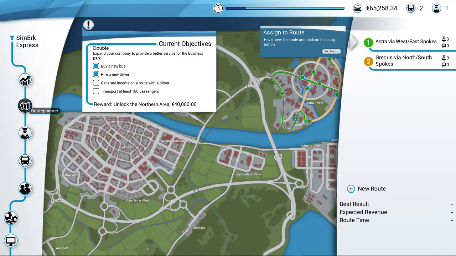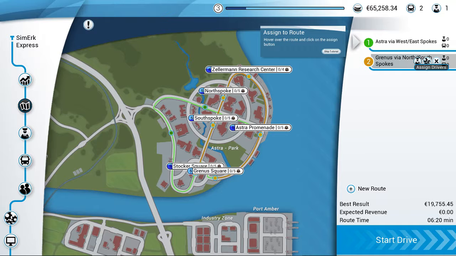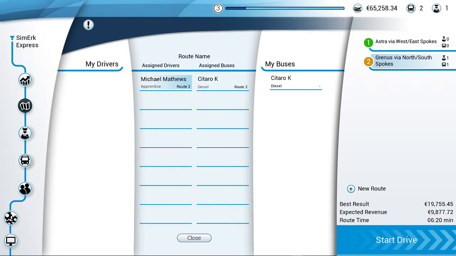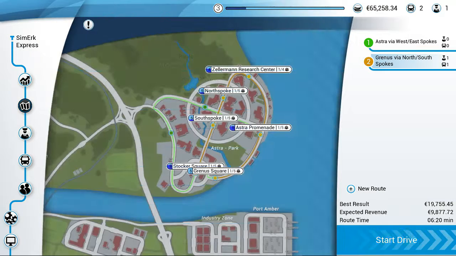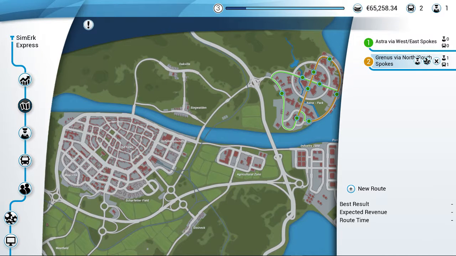Okay, so if we go to the route planner again, he is hired. And so we will put him on Route 2. And we will assign him to Route 2, and a Sataro K. And Michael to Route 2. And we'll close that. So he's hired. Route planner, so you can see the icons there. There's one bus, there's one driver, and